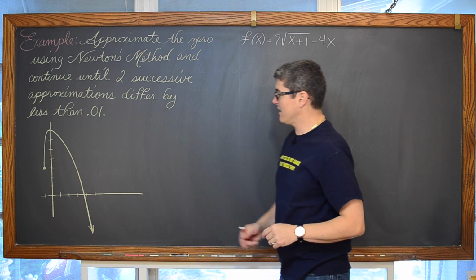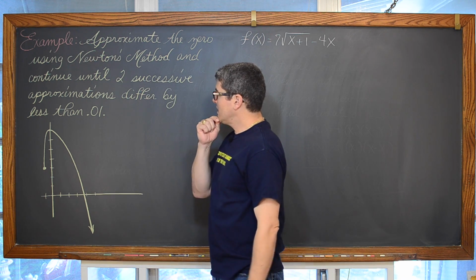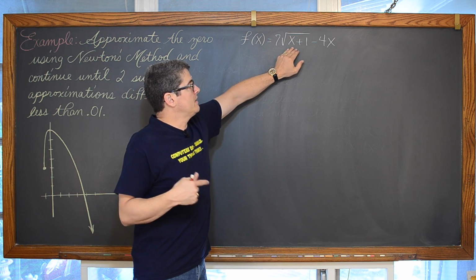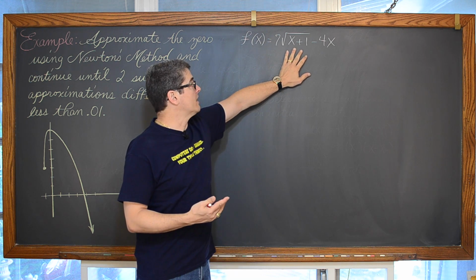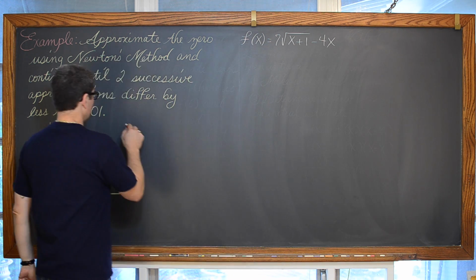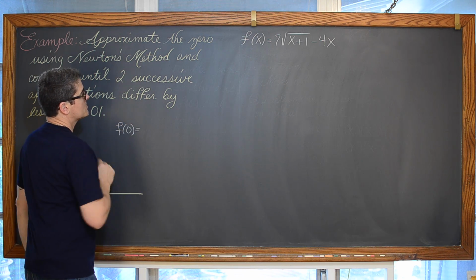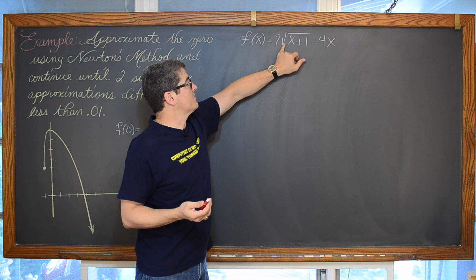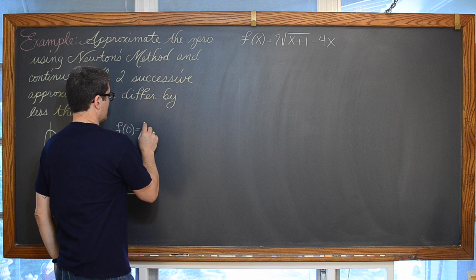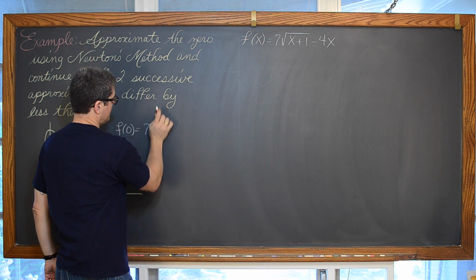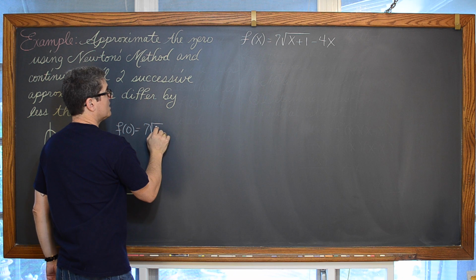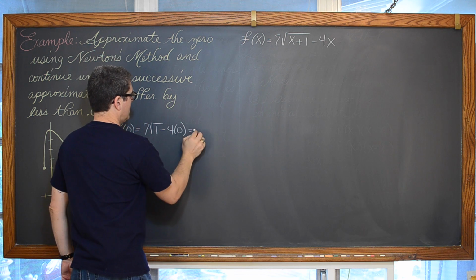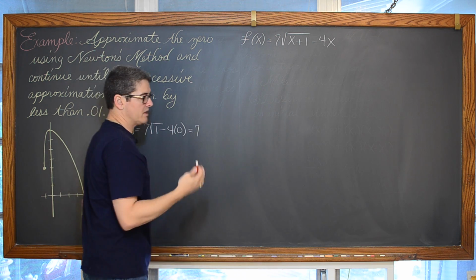Yes, I typed this into my graphing calculator and I got this sketch, but let's pick some x values where we could easily take the square root. Like, how about if we let x equal 0? Well, f of 0 is going to be 0 plus 1, which is 1, and so we have 7 times the square root of 1 minus 4 times 0, which comes out to be a positive 7, and I don't even really care that the answer is 7.